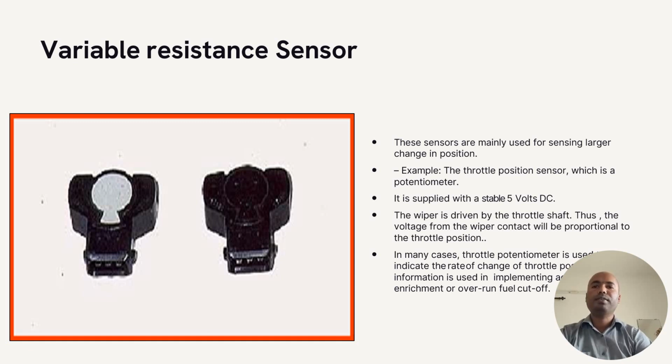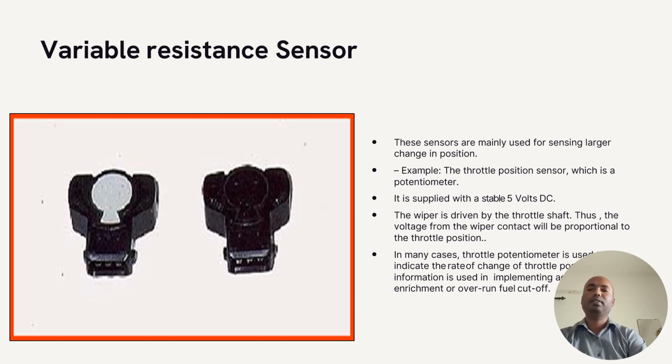These sensors are used in throttle position measurements, accelerator pedal position, and brake pedal positions, all those things which they are capable of measuring. These positions, like accelerator pedal or brake pedal or throttle positions, have a large change in positions, for which